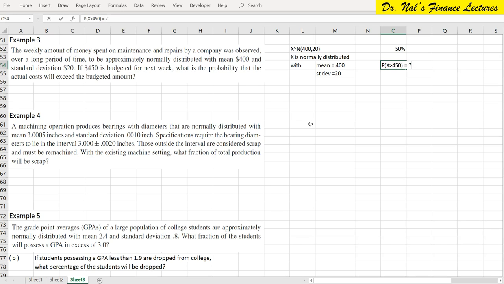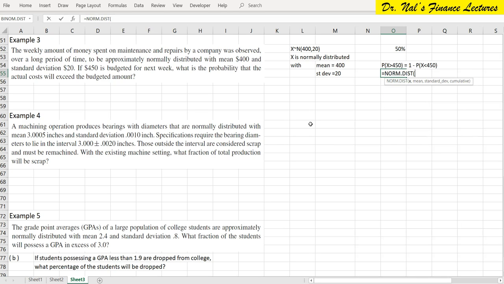So that's what the question is asking. How do we answer the area to the right of a random number? Complementary counting: 1 minus the area to the left of that number. That's exactly what I'm going to do: 1 minus the probability to the left of 450. Does that make sense? So therefore the answer as a result will be norm dot